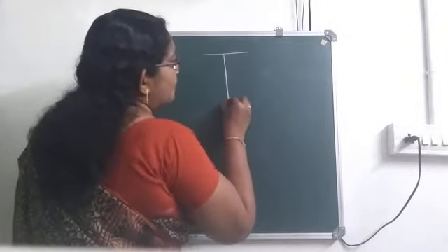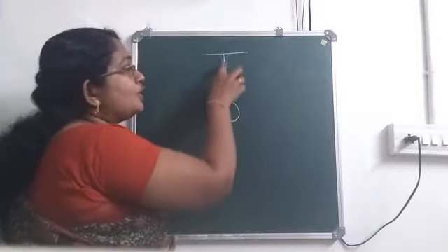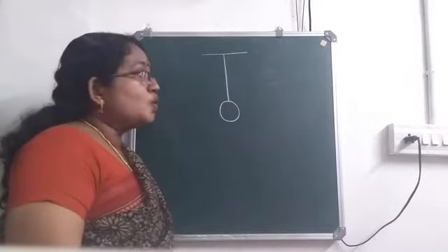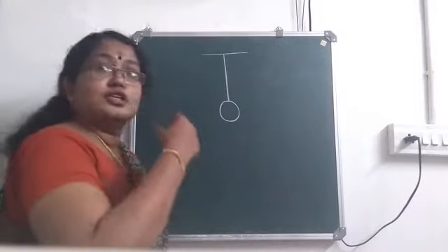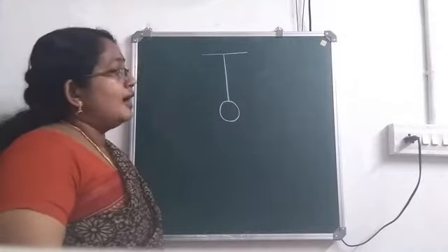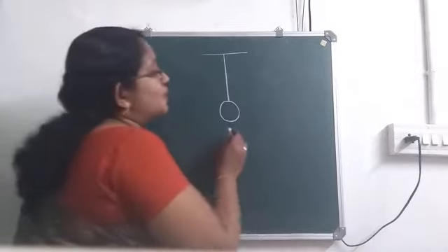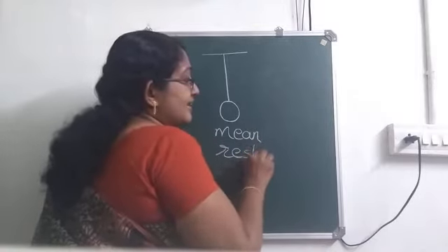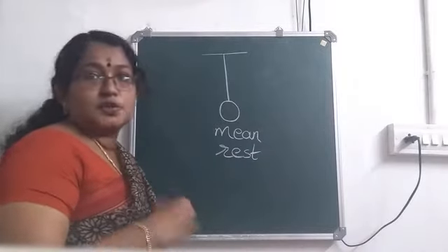Okay. So a simple pendulum consists of a small mass called a bob. This is the bob. Then it is hanged on a string from a rigid support. And what type of motion is there in the case of a pendulum? It undergoes oscillatory motion, isn't it? That is to and fro motion. Now, when you are keeping a pendulum like this, this position of the pendulum is known as the mean position or rest position.